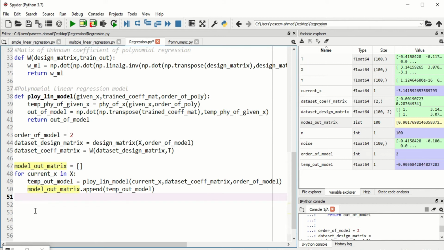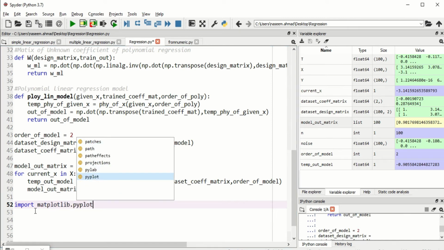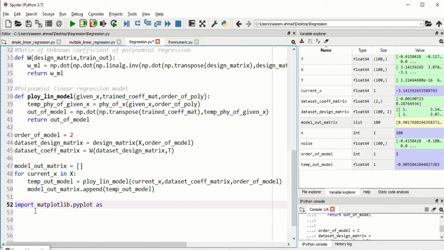Because we cannot analyze the data like this, we need some sort of diagram or graph so that we can analyze it. For analysis purposes, we will use matplotlib. So the first thing we need to do is import matplotlib.pyplot, because this is the module we need to work with, as plt.